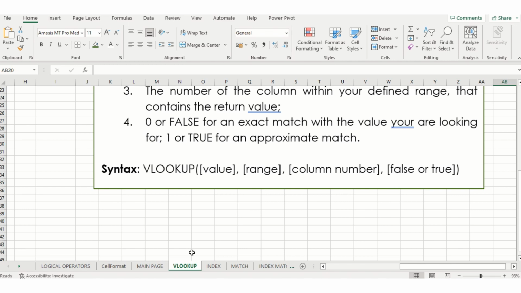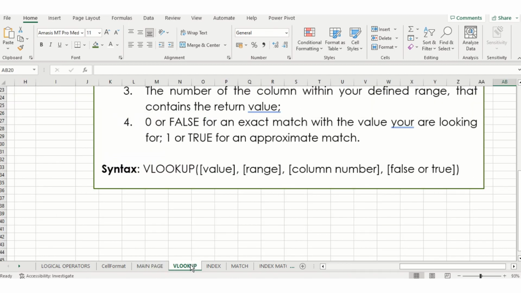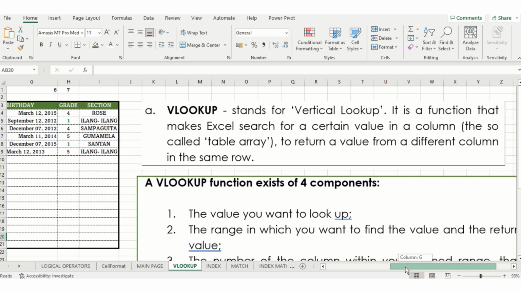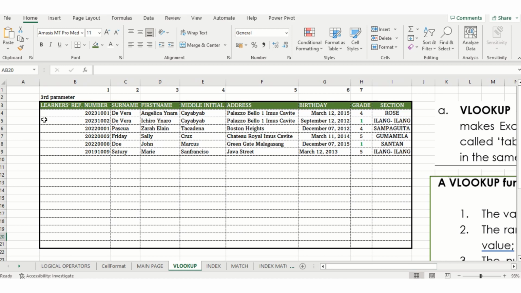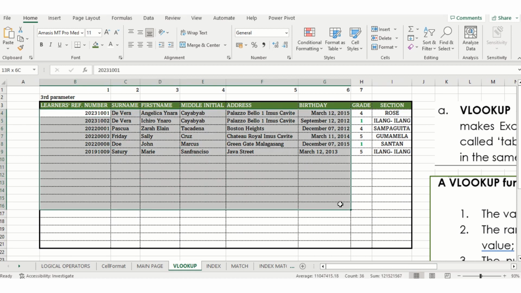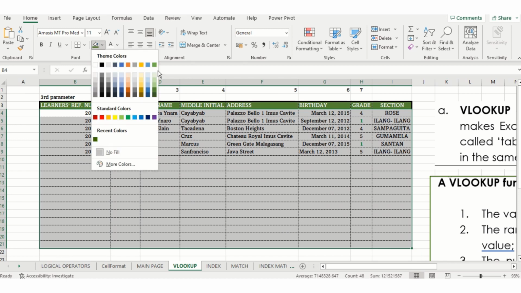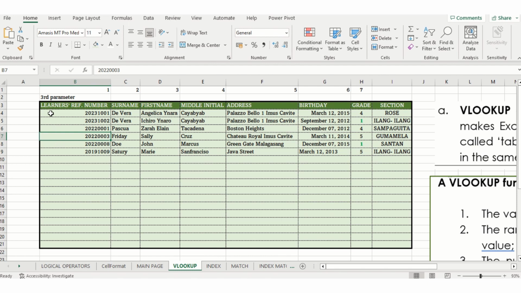Okay, let us now use this function here. As you can see, I have two sheets here. The range that I'm pertaining to, yung number 2, the range in which you want to find the value, will be this one. Okay, this will be my range. I'm going to highlight it. So, my range will be starting from B4 up to